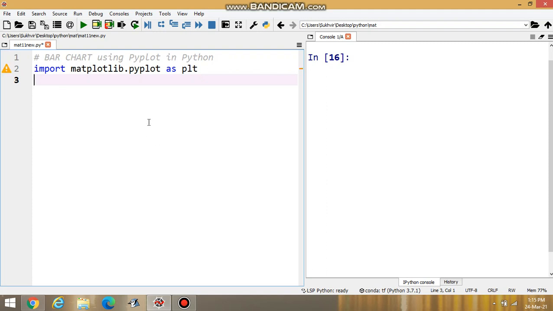Suppose one variable is there, let us say bar1, because I am going to discuss the designing of a bar chart. plt.figure, I am going to store plt.figure in bar1.